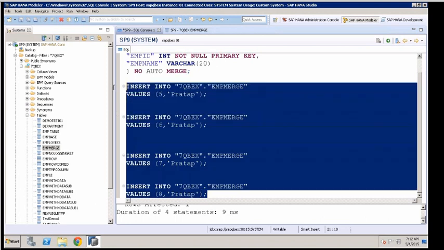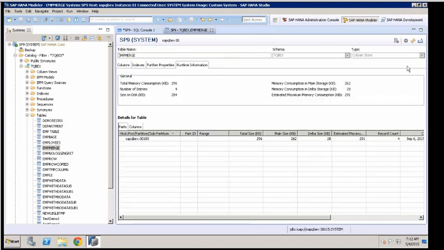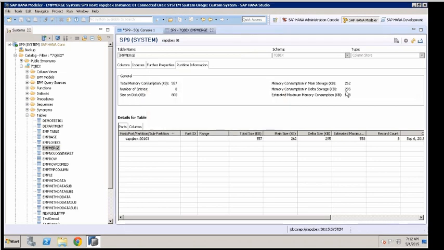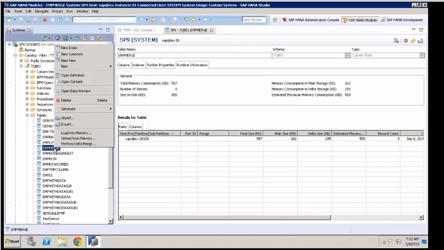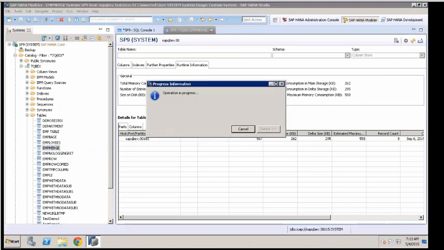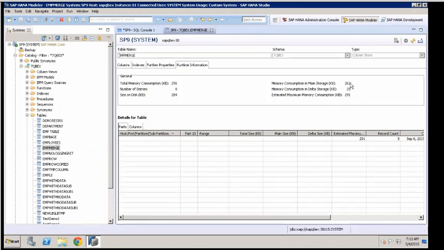Again I insert 4 records. Then what will happen? Again it inserts data into delta store. Okay. Again I would like to do merging. Right click and say perform delta merge. Okay. Let's say merging is done. Like this merge has been happening.